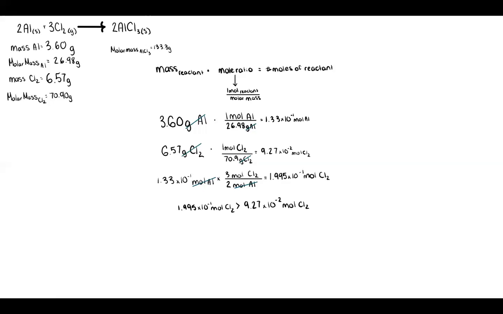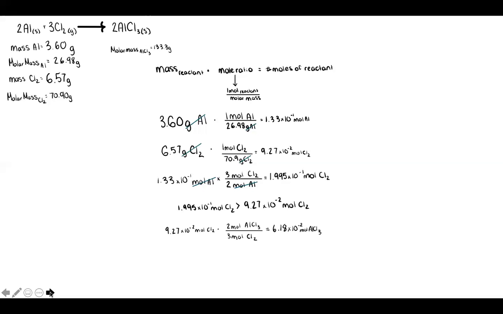Our final step in determining the theoretical yield of aluminum chloride is to use the number of moles of our limiting reactant, Cl2, that we calculated when converting from masses and multiply it by a mole ratio of 2 moles aluminum chloride over 3 moles of Cl2. Again, what we are trying to find is on the top, and what we want to cancel is on the